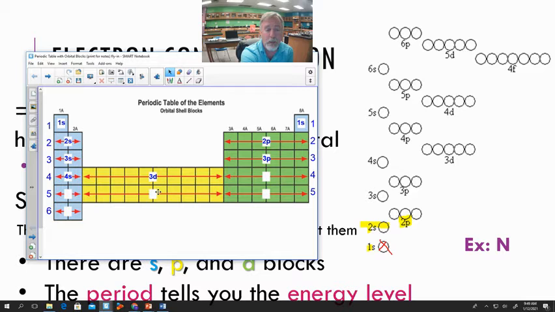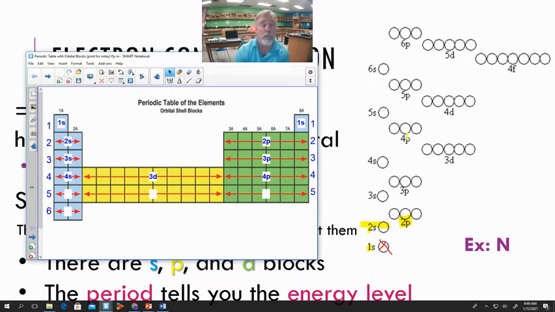Your 3d. What follows after your 3d? Well, we're going to go back over here in our p level. We're in group 4, period 4. This is going to be our 4p. Same thing with your bubble chart. We go 4s, 3d, and then we're back to 4p. So our periodic table takes this repeating pattern that we saw in our bubble chart and puts it into a structure on a periodic table so we can really easily read where we are.